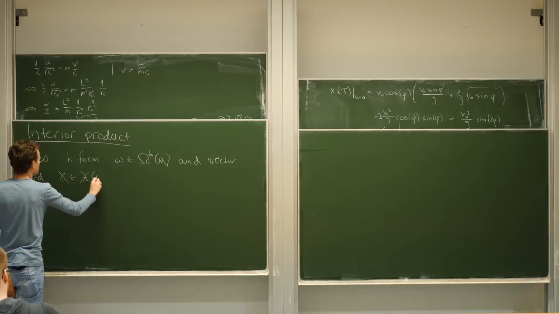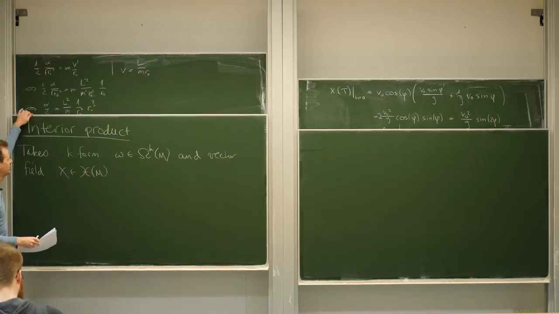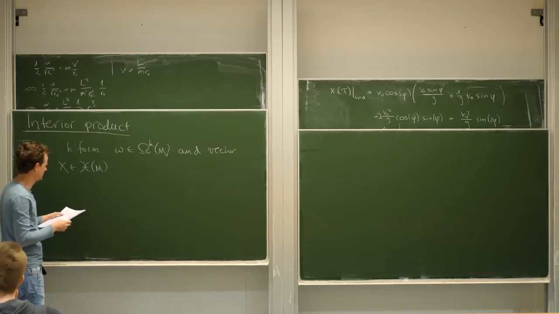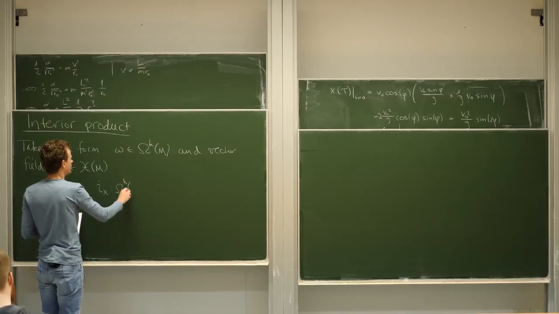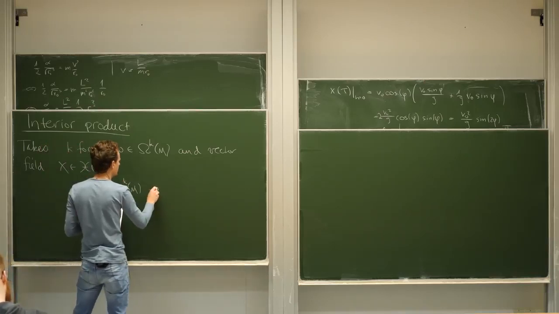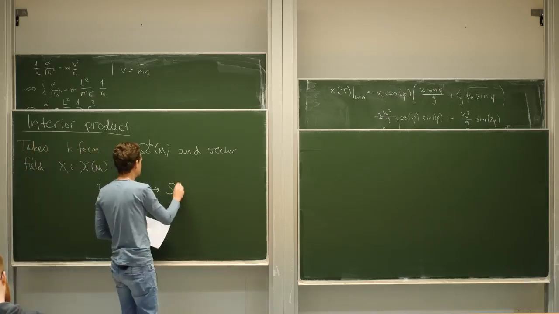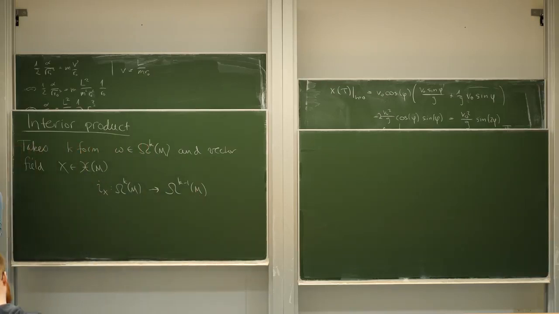So we have some manifold M, some k-form omega, and some vector field X. Then we're going to introduce this operation of the interior product, which we'll denote with an I subscript X, and it takes a k-form, depends on this vector field X, and gives you in return a k-1 form. That's the interior product, and it's defined as